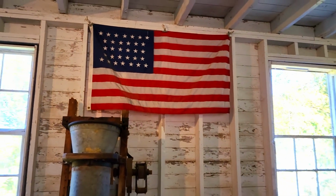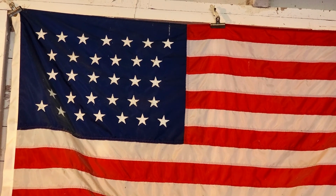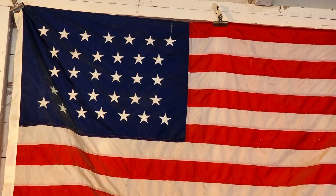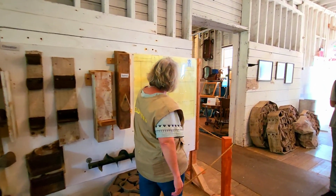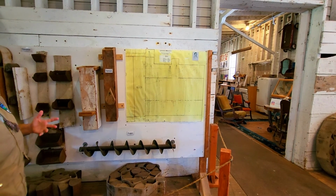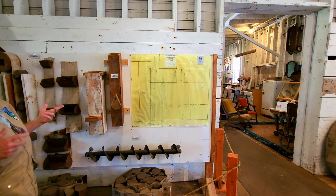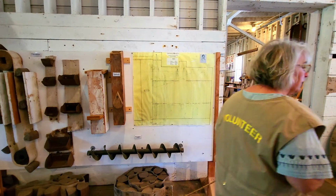Okay, so these are examples of the old shoes, the old belts, all of that. Here is a drawing of all of the different chutes and areas going down in the mill. And at each level, they could decide again where it would go. So depending on what type of blend they wanted to make, it would depend on what they put in it. Depending on if they were doing a secret recipe for the flour or for the